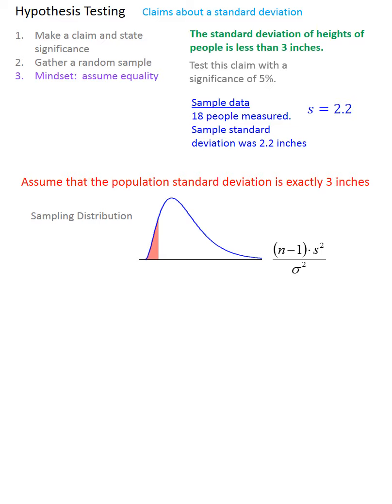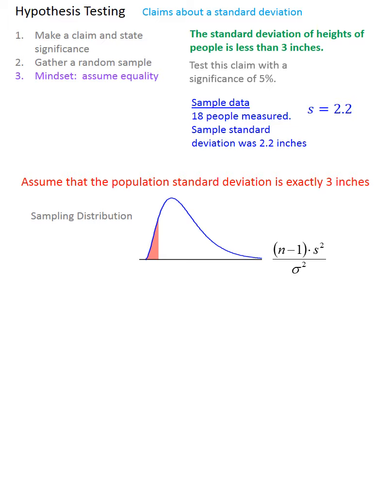Now just to give you a sense of what this distribution means, suppose that we were to repeatedly, over and over, sample 18 people, and each time we recorded the sample standard deviation. Now assume we were doing this in a population whose standard deviation was 3, and we did this repeatedly. We would get this kind of distribution of all of these calculations. Let me say that another way. In this formula here, if we were to plug in n equals 18, which is the number of people sampled, and sigma equals 3, the assumed population standard deviation, at least as far as the null hypothesis goes,